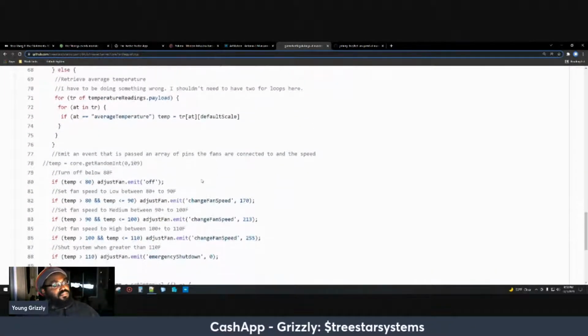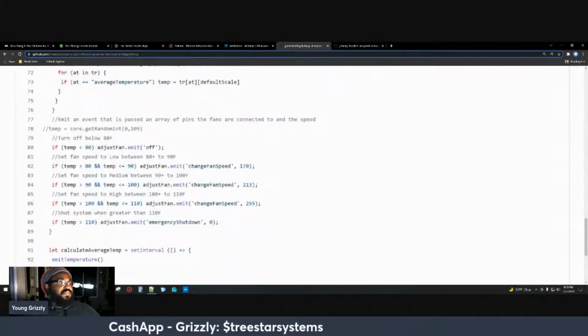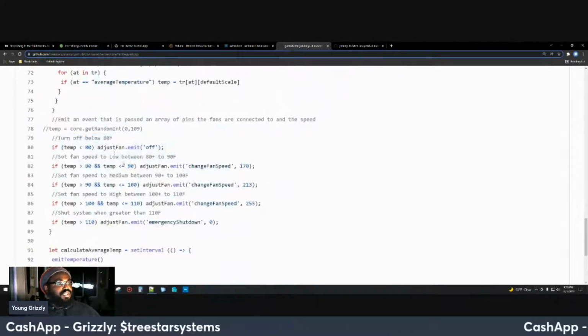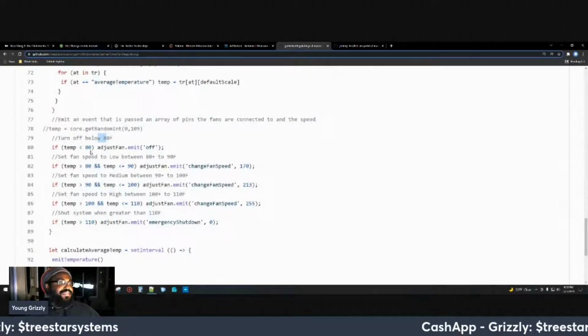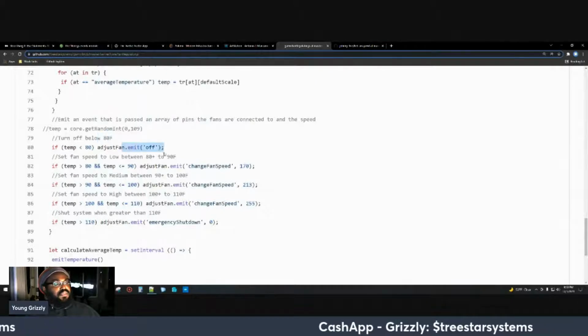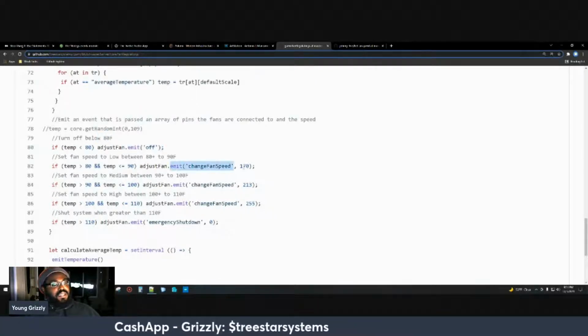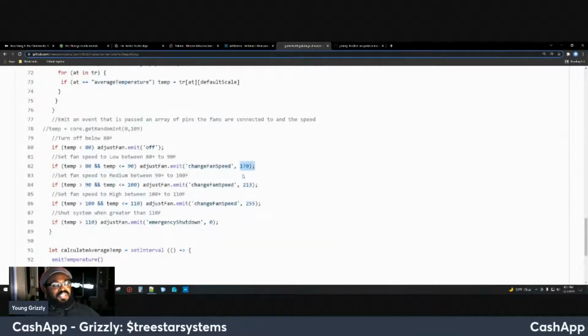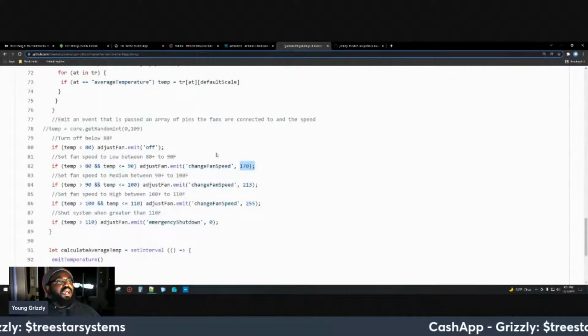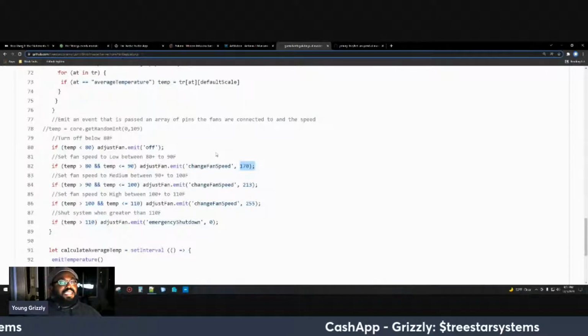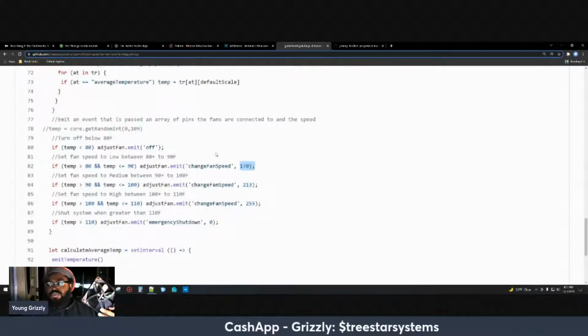All right, cool. And then after this it's the simple stuff, right? Like, you know, the logic. So if below 80 degrees, then turn the fan, emit the off. If 80 to 90, emit change fan speed, and then change the fan speed to 170, which is like the minimum for high-speed fans. I noticed for fans that are like 3K and above,